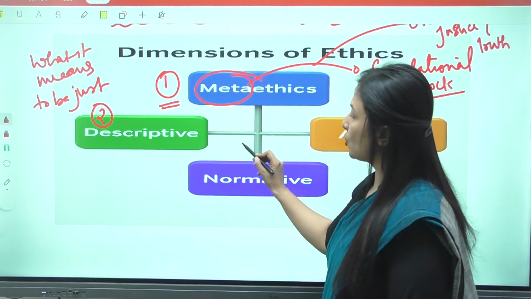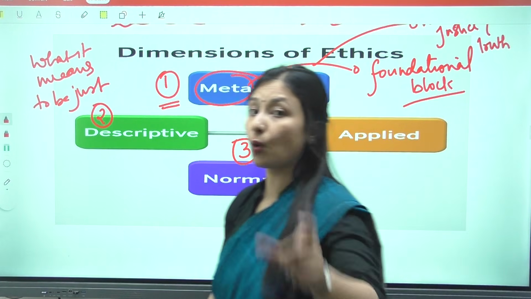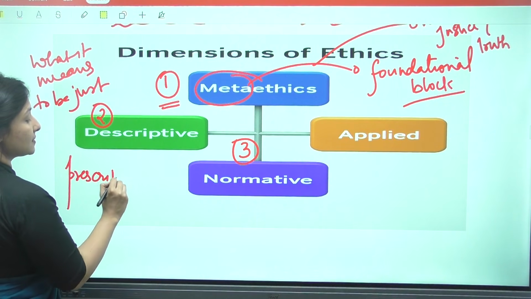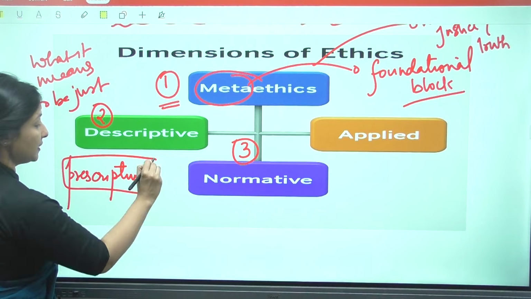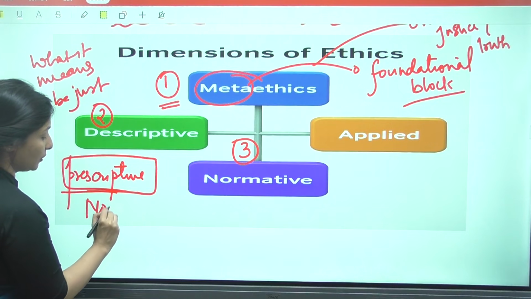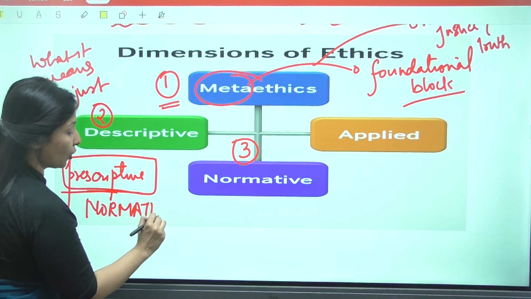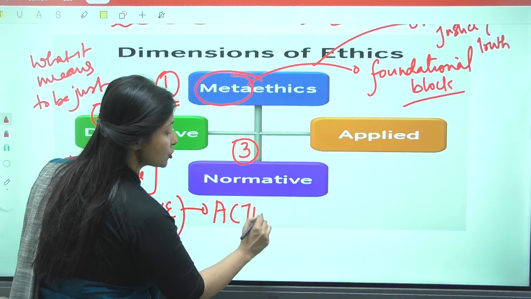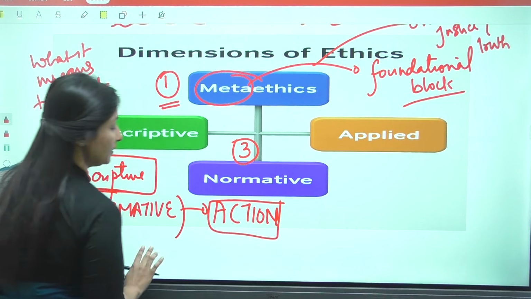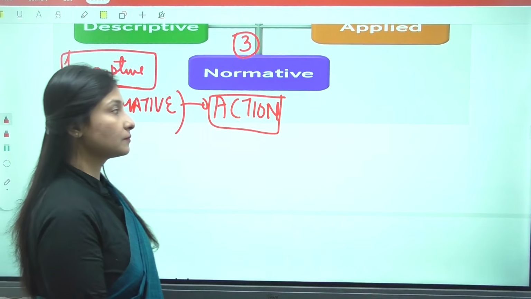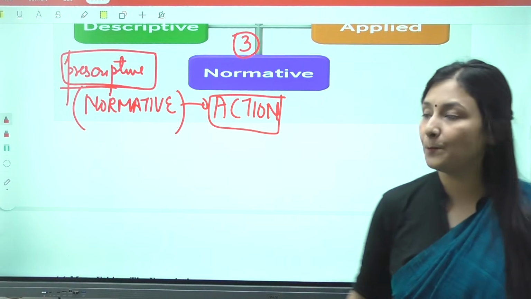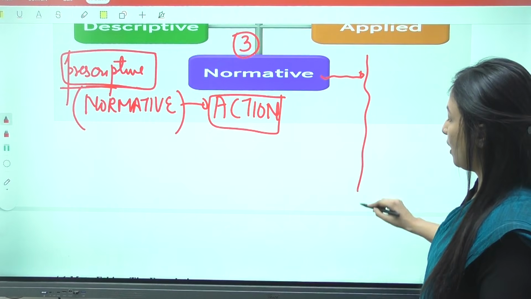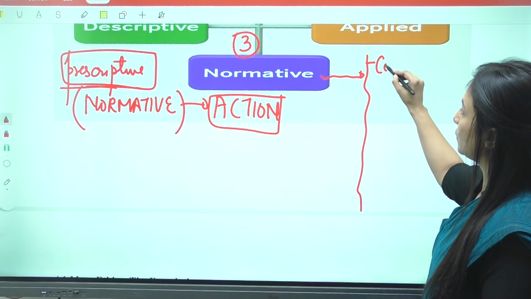Now, in your normative part of the ethics, this is also known as the prescriptive part. Prescriptive means something which has been prescribed by the doctor. This is known as your normative part of ethics, which is action oriented ethics. Over here we are going to see it talks about majorly what kind of action or ethical decision making you are going to take. The first one over here we will discuss is